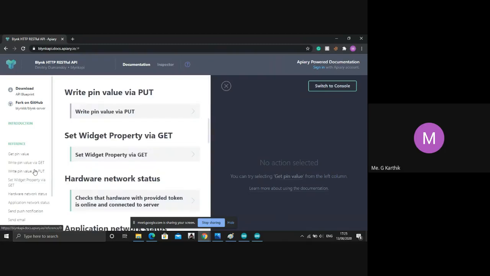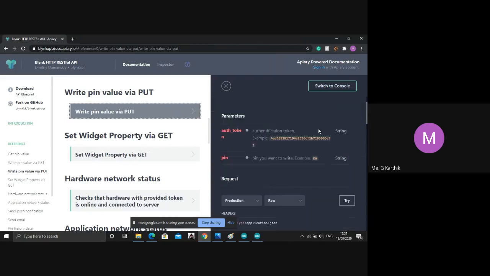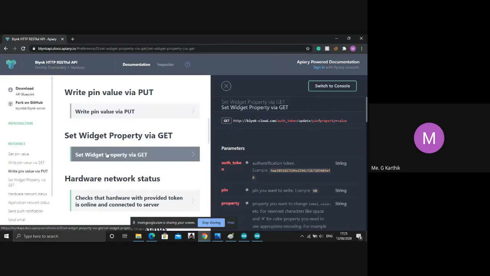So first we'll be learning PUT, and remember this link. This we'll be using in IFTTT.